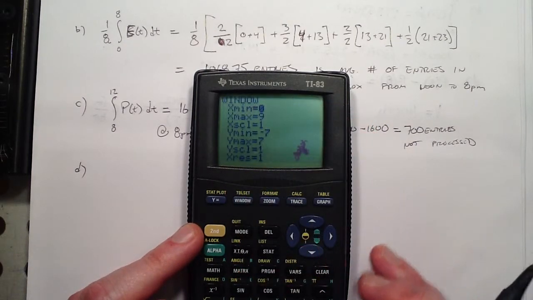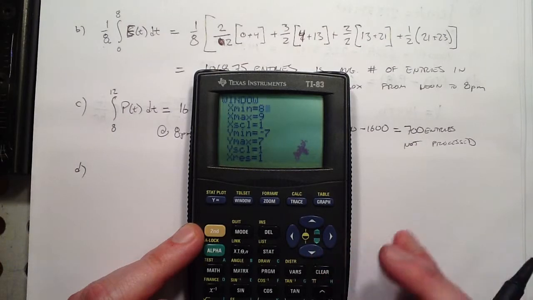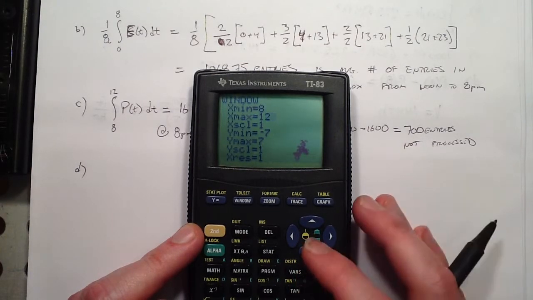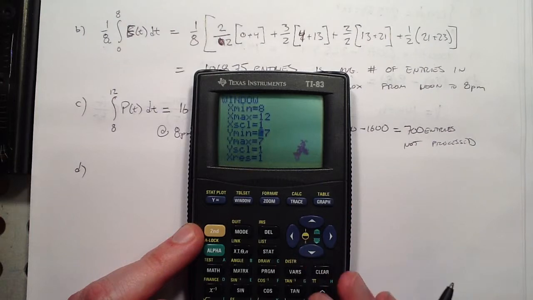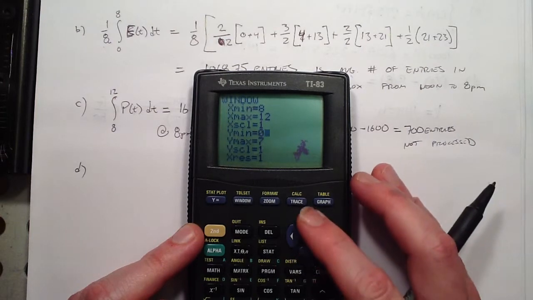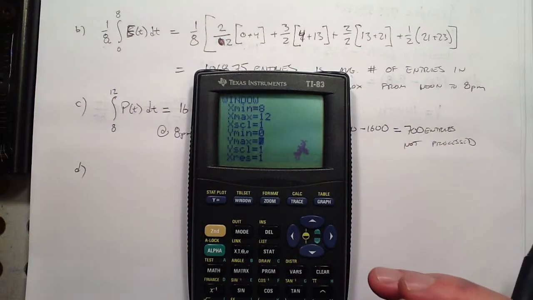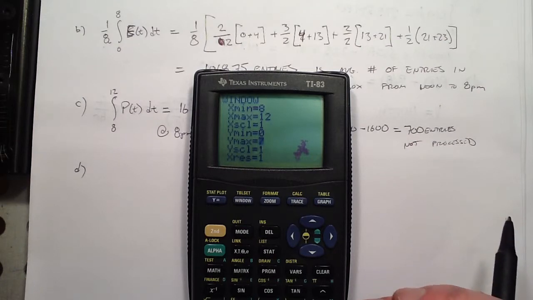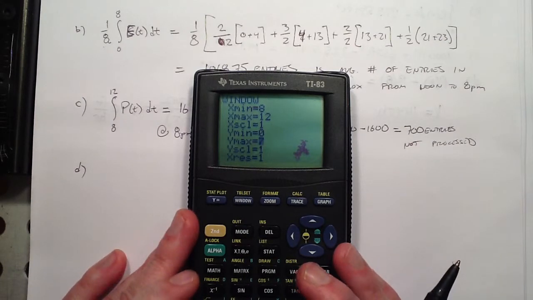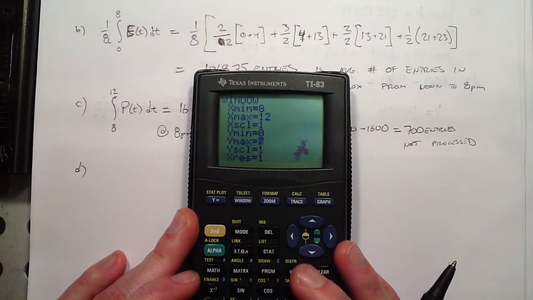The window, I'm only interested in looking from time 8 to 12, and I'll set my y minimum 0. The y maximum, I don't know what the maximum of this rate is, but it's probably some pretty large number,